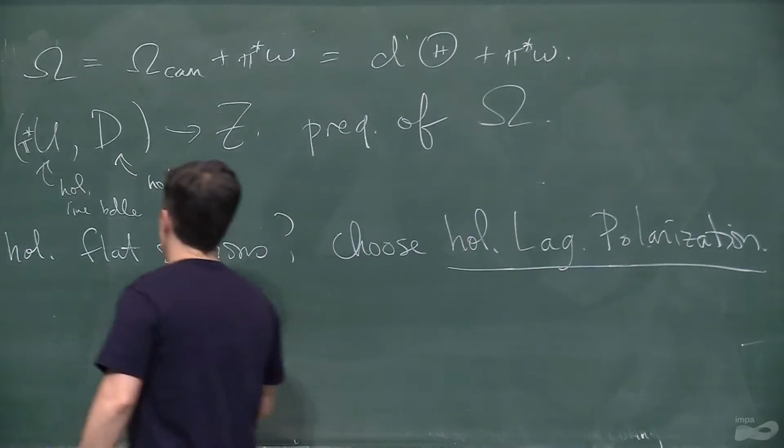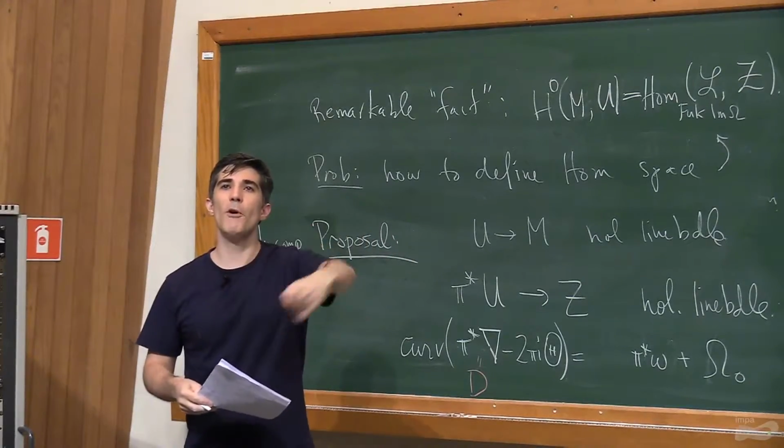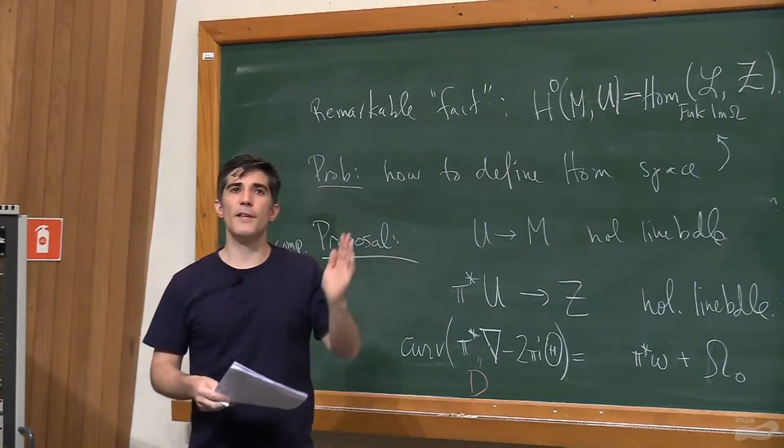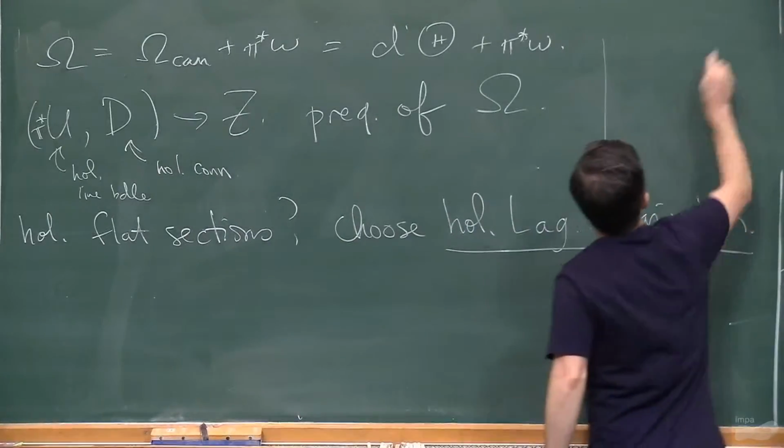Okay, so this is now a different type of polarization. I spoke about a complex polarization before, where we took holomorphic sections. But now I'll take a Lagrangian polarization. So when you have